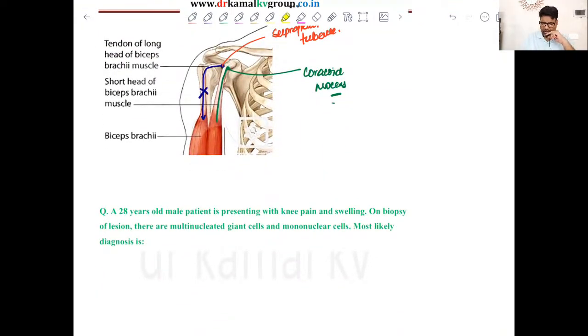Now the next question: a patient was having, again, if you just notice the age, it is also very important. A young patient having knee pain with swelling, and when we did a biopsy, we found multinucleated giant cells and mononuclear cells. Now the moment you have this kind of histological picture, it's very clear to make a clinical diagnosis of, yes anyone? Multinucleated giant cells, mononuclear cells, swelling and pain around the knee joint in a young patient. What is, yes KK, perfect. So this is giant cell tumor,